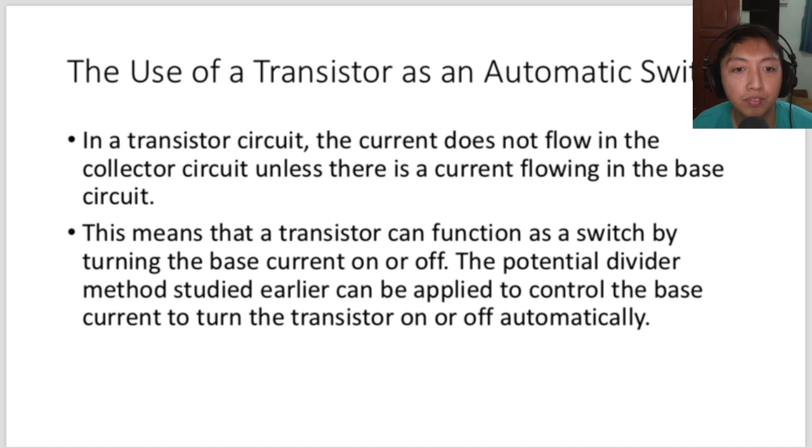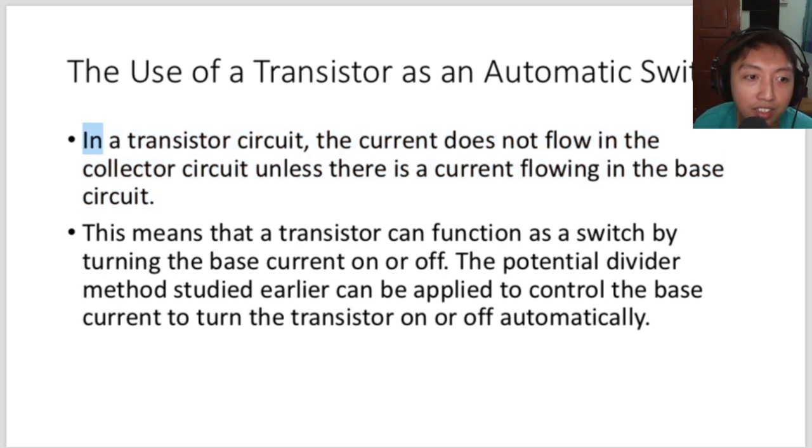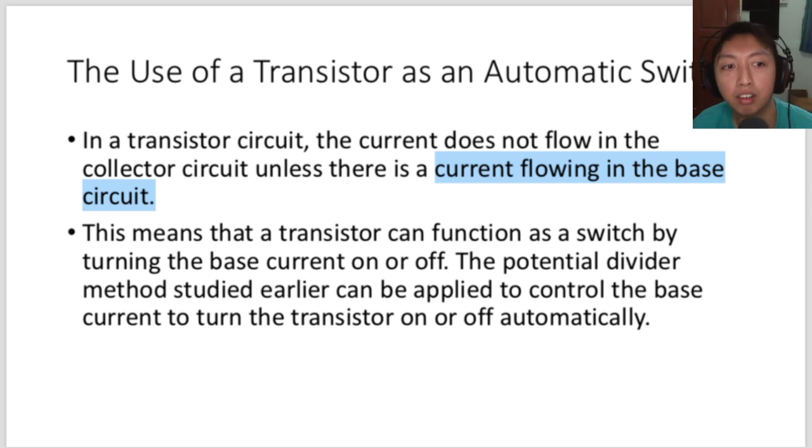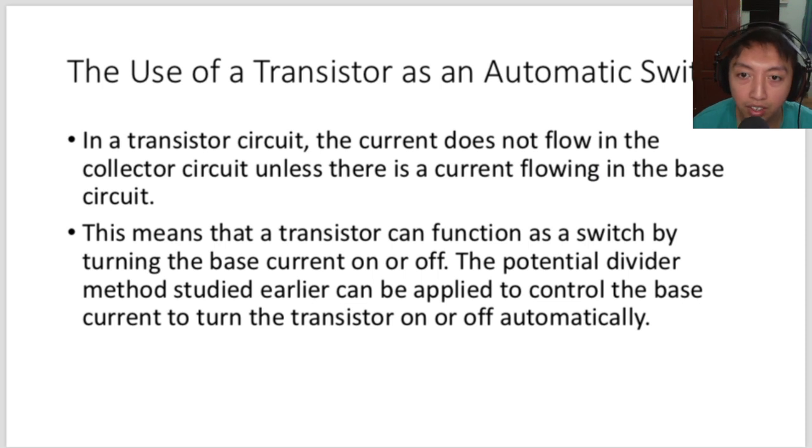Basically, this sentence here is a good summary of the whole thing. The current does not flow in the collector circuit unless there is a current flowing in the base circuit. Right? So we can also use other things to use this transistor as